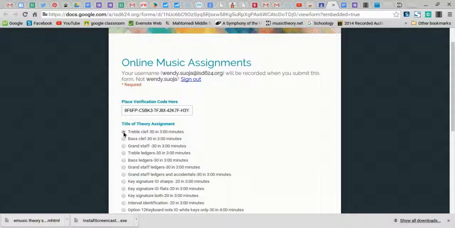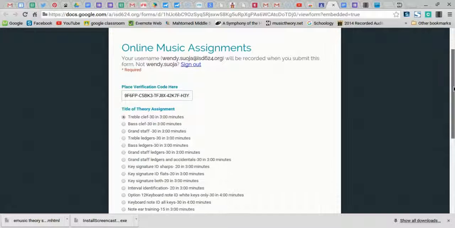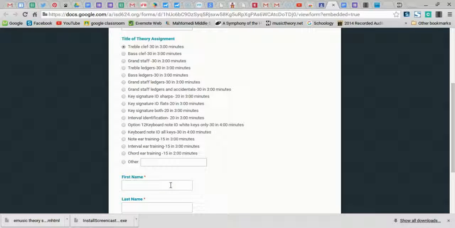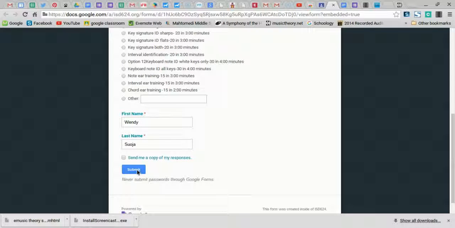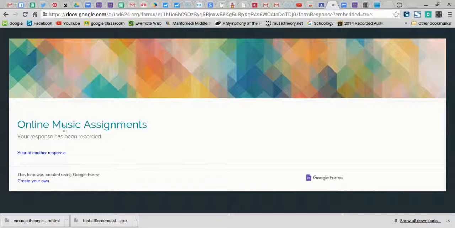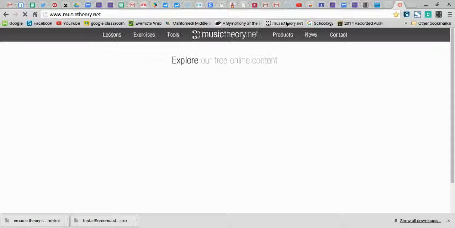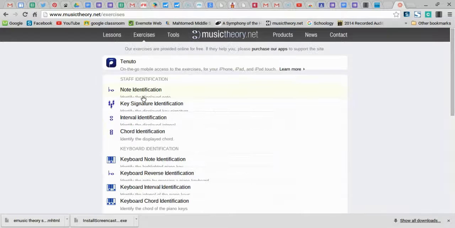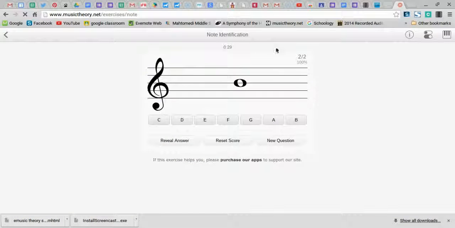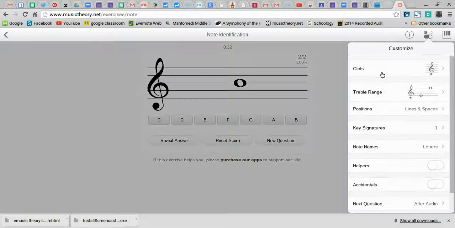This is for the treble clef, so I'm going to click the test that I've taken, which is 30 in 3 minutes with 80% or better. I'm going to sign in here again, and I'm going to go to the bottom of this particular page and submit. And then that online music assignment is submitted for that particular test. Then I can go back to my musictheory.net website. I can go back to the exercises, go back to note ID,